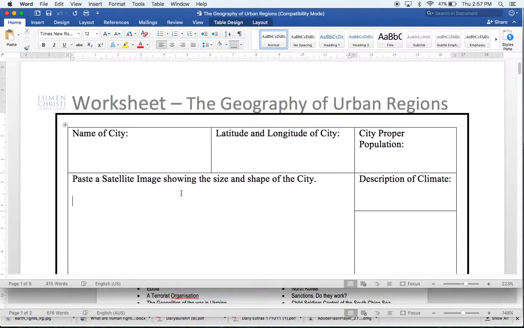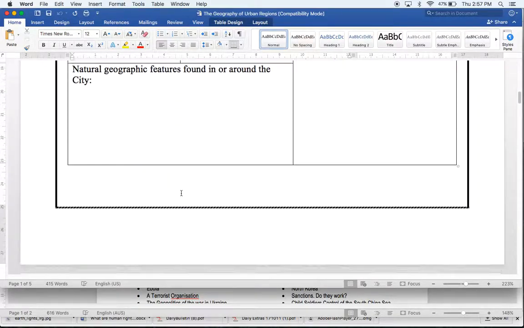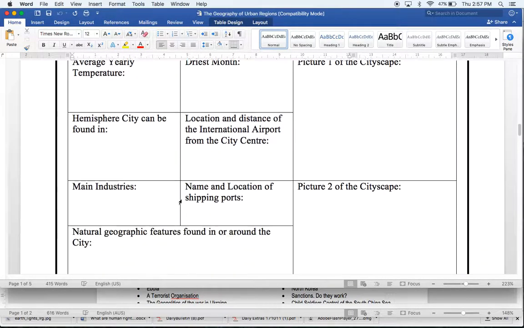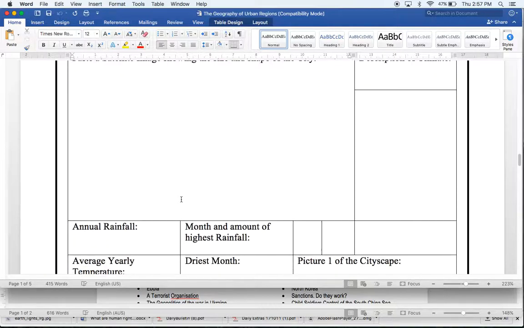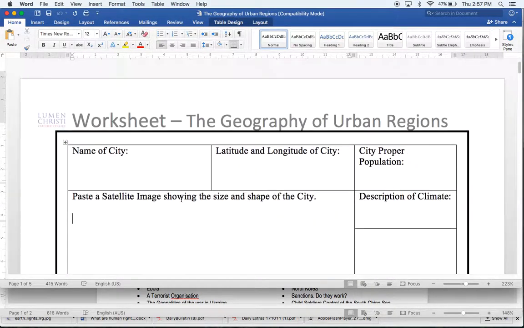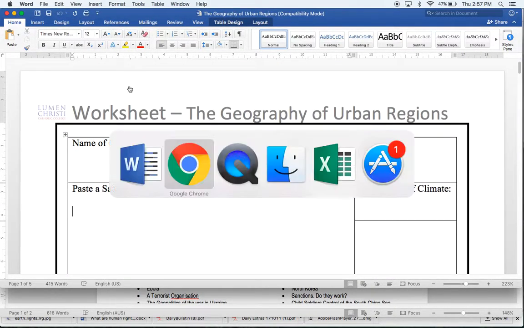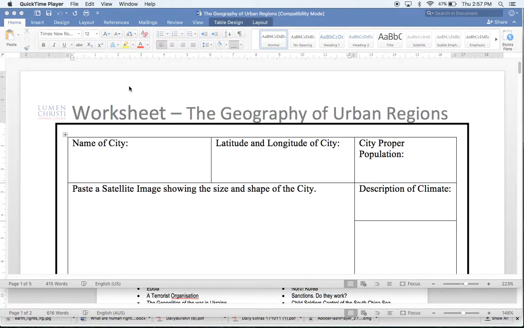Now, you've got to do 5 cities. So I've placed 5 tables. Just rinse and repeat. Do the same thing for each other city. Okay. And that concludes